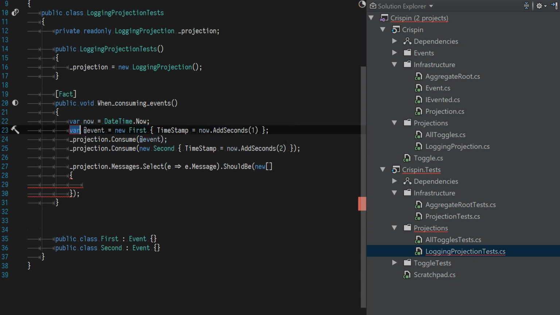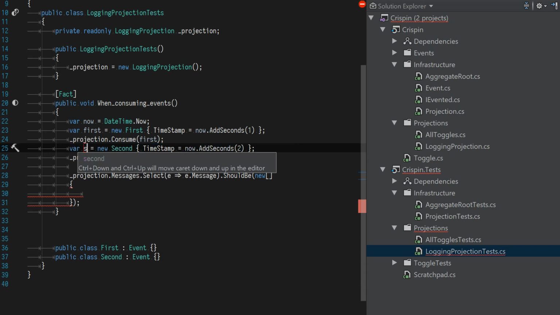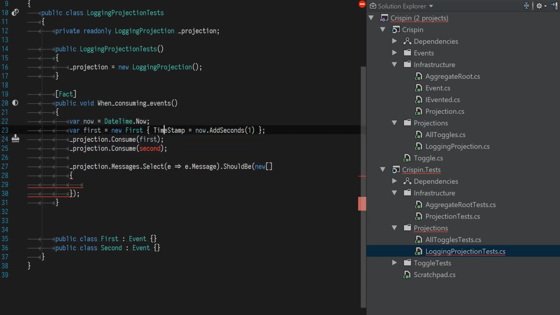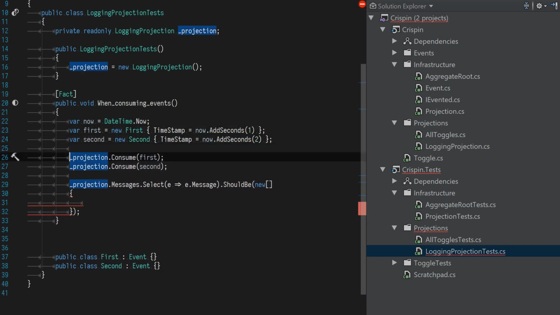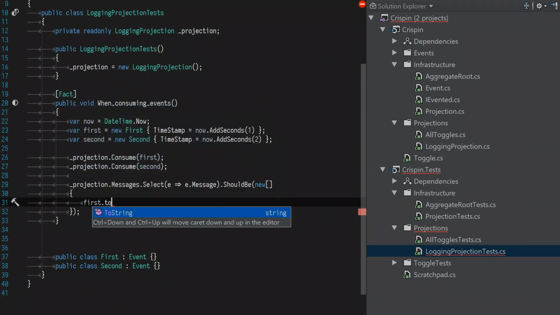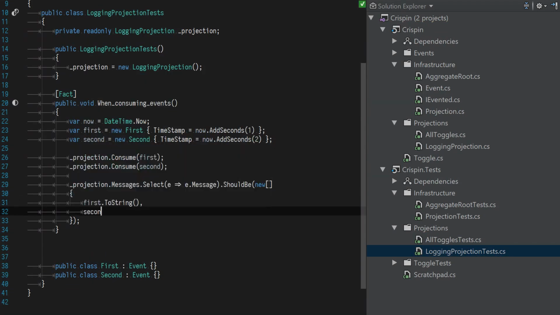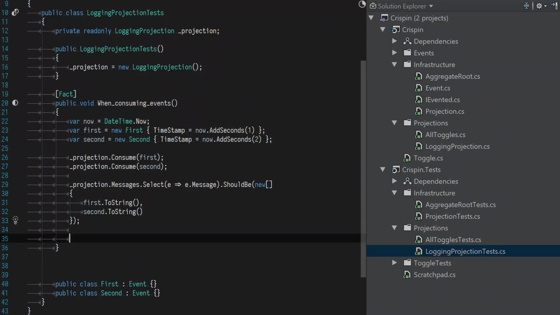We'll extract these into variables. So we also need to check the timestamp in a minute as well. So, right, projection message should be first.toString, second.toString,